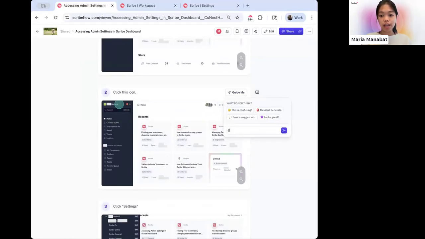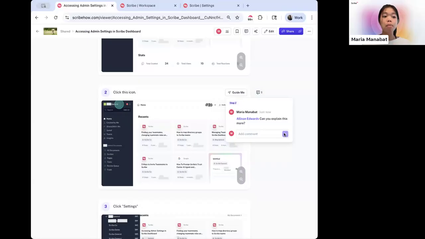I can add Allison and say, can you explain this more? Allison will then receive an email saying that I've tagged her in a specific scribe, what that comment was, and she can respond to me via the commenting feature or asynchronously on Slack or whatever platform we use.